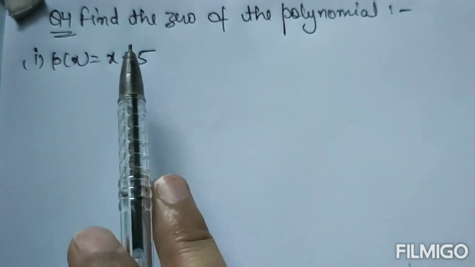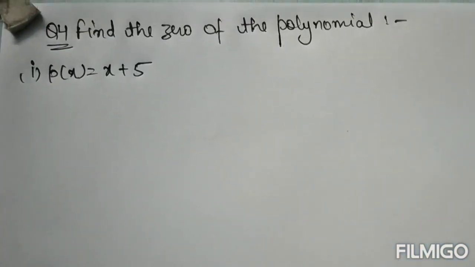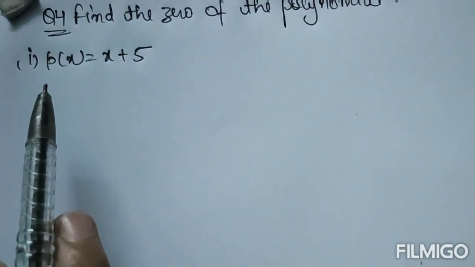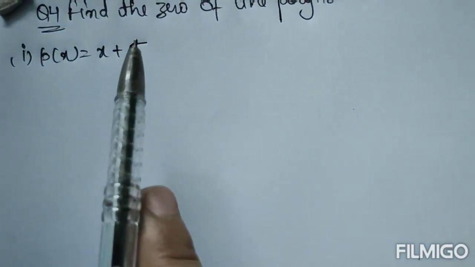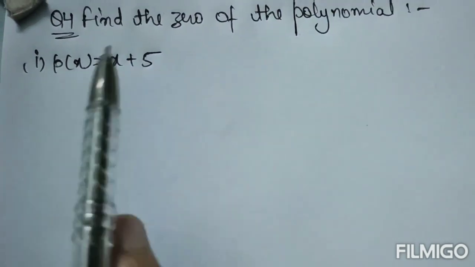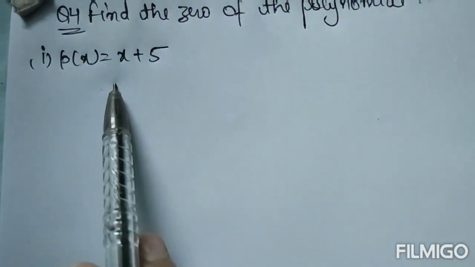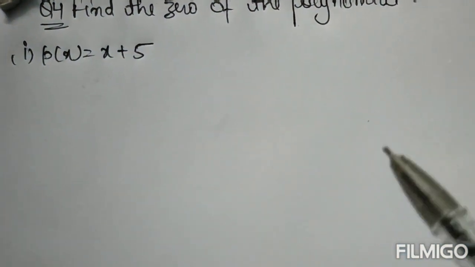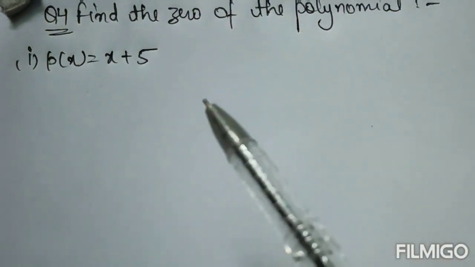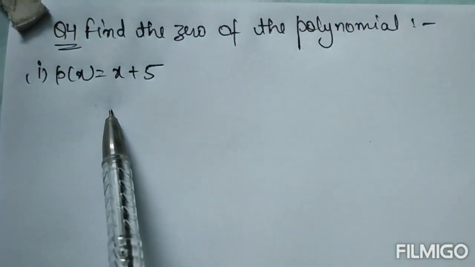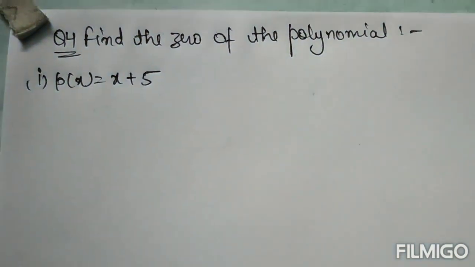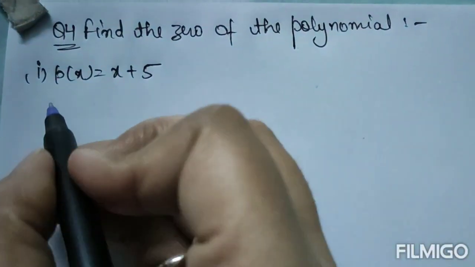Now the next question, find the 0 of the polynomial. You have to find the 0 of all the polynomials. In the previous question you had to verify whether these are the zeros of that polynomial or not. Here you have to find that 0. Clear? There, to verify, px must come 0. When you put the value of x, your polynomial should be 0. Now for finding 0 you have to put this px equal to 0. Clear? So let's solve it.